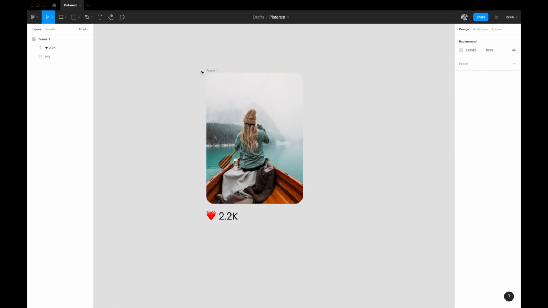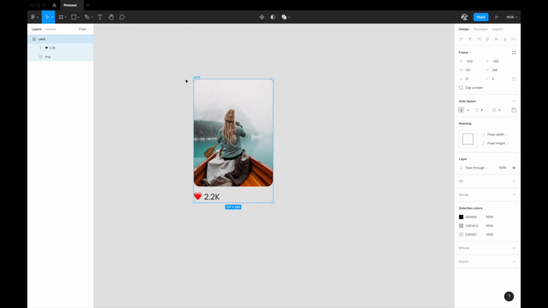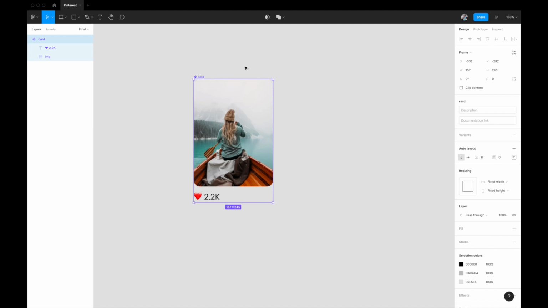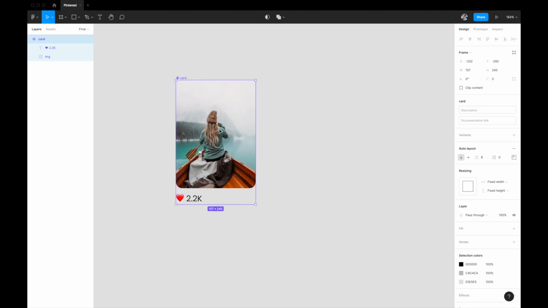So perfect, our first card is ready. Let me quickly rename it to card so that we know. Perfect, and our step 1 of this process is ready. Now let's quickly convert it into a component, because then we can easily play around with it. If you want to change anything in the component, it will always reflect in the instances, and I've explained that in my previous videos, so you can also check the component videos. So now our step 1 is ready. We have created a component out of this auto layout.